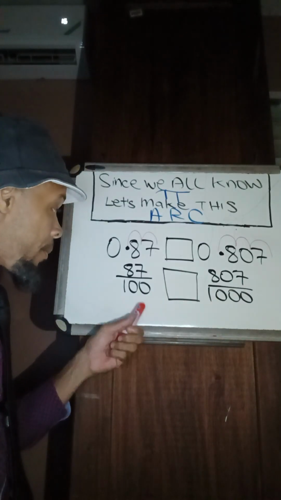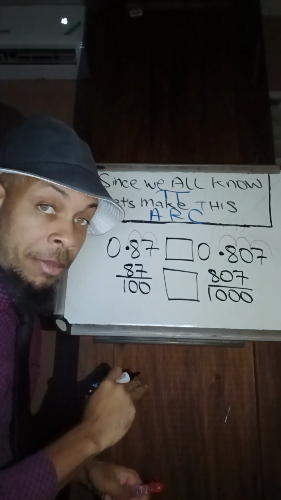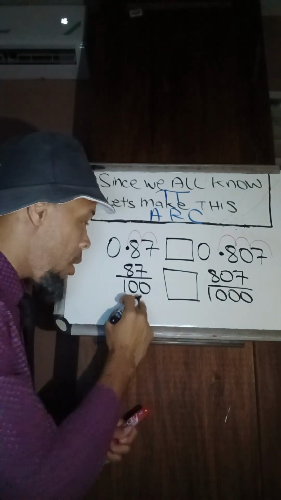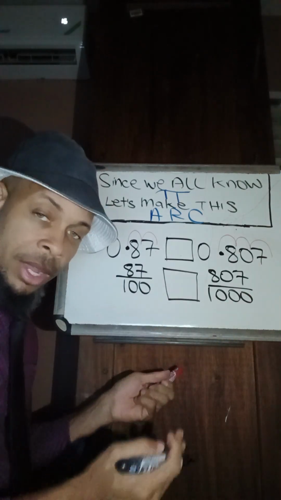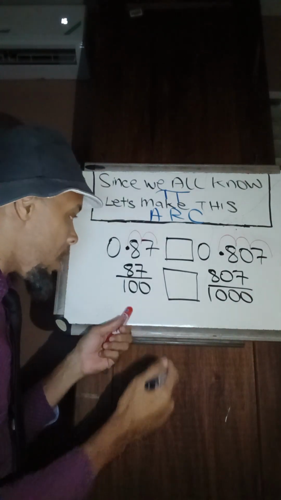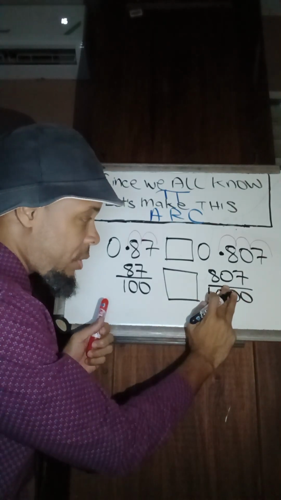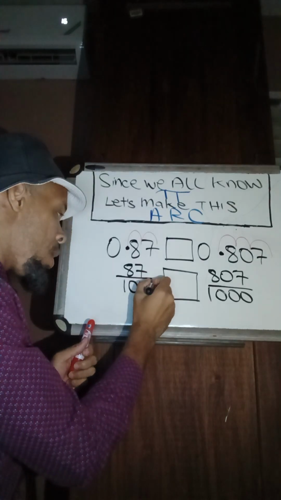Here's the problem. 2 zeros, 3 zeros. Both of them need to have the same number of zeros. And you go with the larger one. The LCM of these two will be the larger, because I can divide this by this without a remainder. Therefore, 2 zeros here, 2 zeros here. If I did this, and I did this, I have 1 zero left. Therefore,